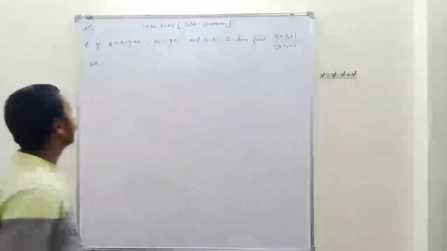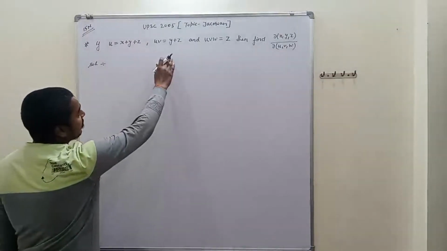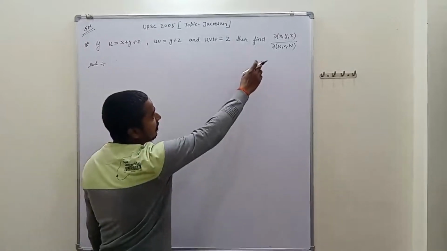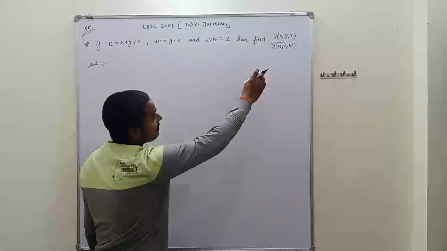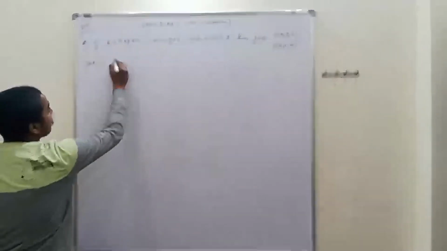Here in the question, if u is equal to x plus y plus z, uv is equal to y plus z, and uvw is equal to z, then find the value of del of x comma y comma z upon del of u comma v comma w. Let's solve the problem. Given